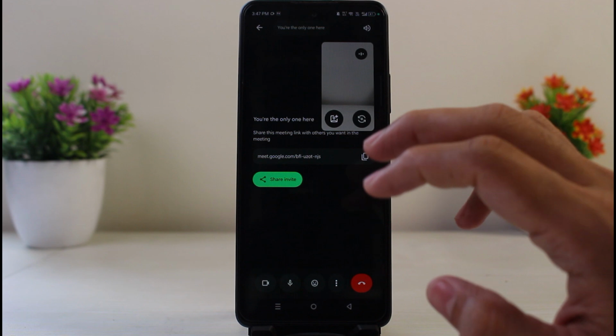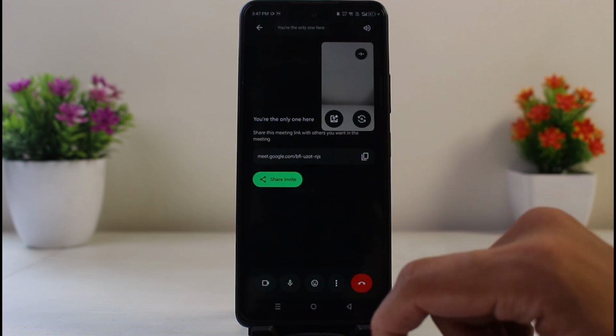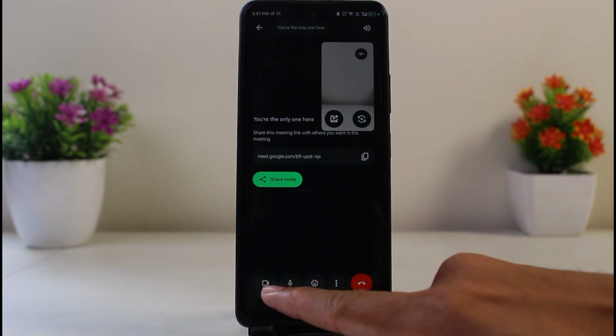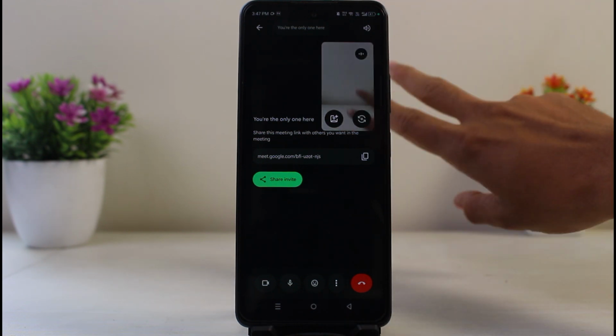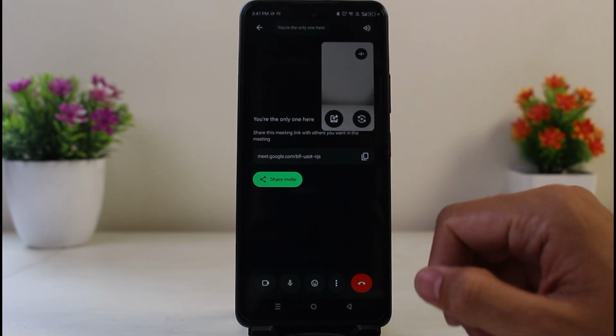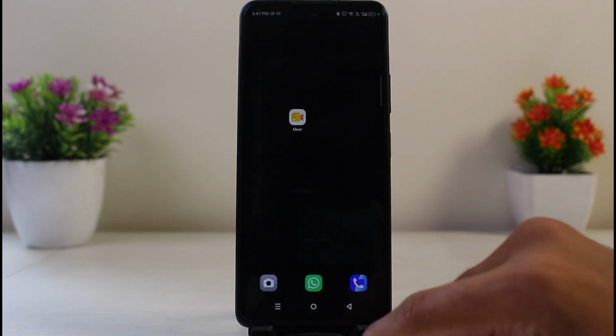And by doing so, if you're still facing any kinds of problem, what you want to do is simply make sure that your video option is turned on over here. And as you can see, the video option is turned on and it is working. However, if it's not working, what you want to do is simply come back from the app completely,